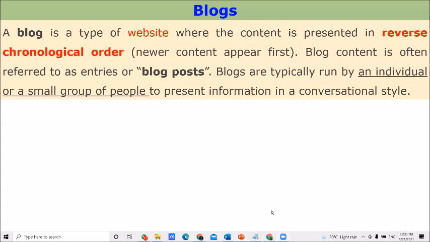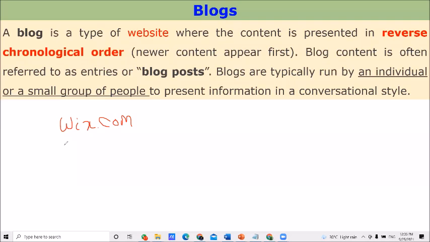Write down these examples. One example is wix.com. Write down this one, an example for creating blogs. Wix.com is one of the popular websites. They give most things freely for creating websites.